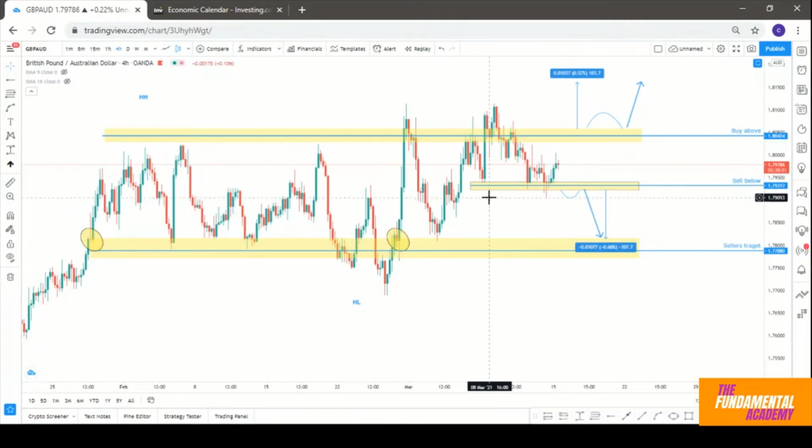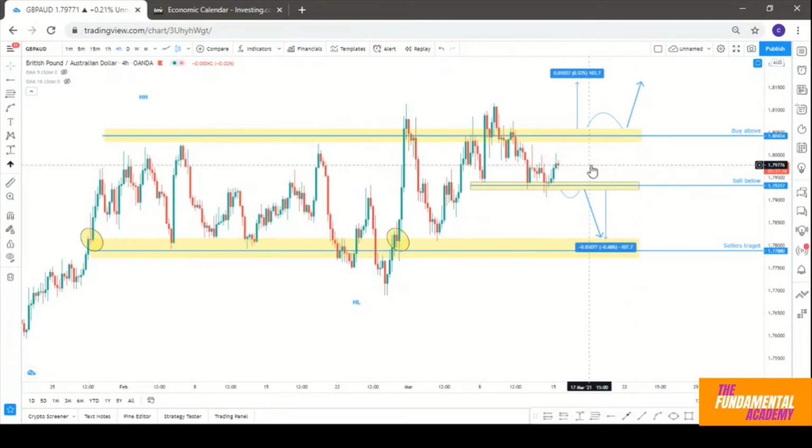We do have this new support area up here, and basically if we have a drop below and a retest, I will be looking to sell below, and this would be my target, the support of the ranging area, for about 107 pips. Now if it does reach the sellers' target, guys, I don't see GBP AUD coming down this year, so I would be looking to take my buys from this position all the way up again to the resistance of the